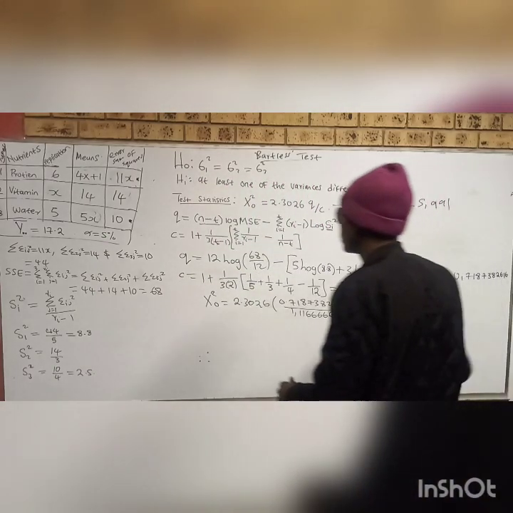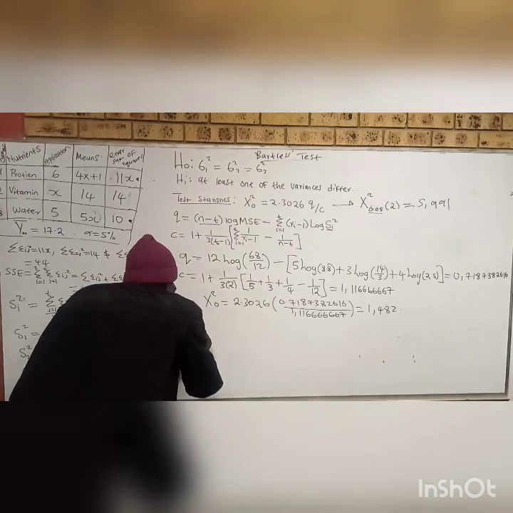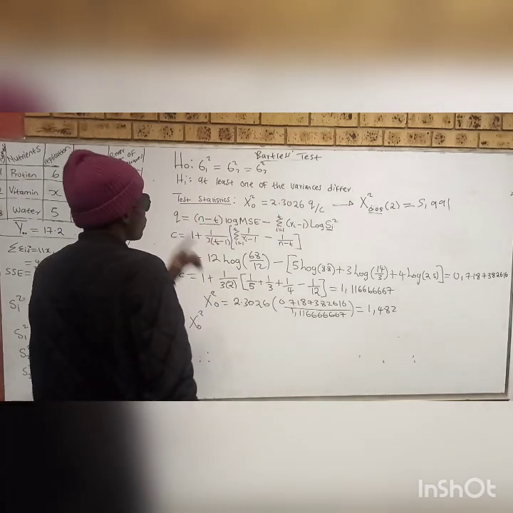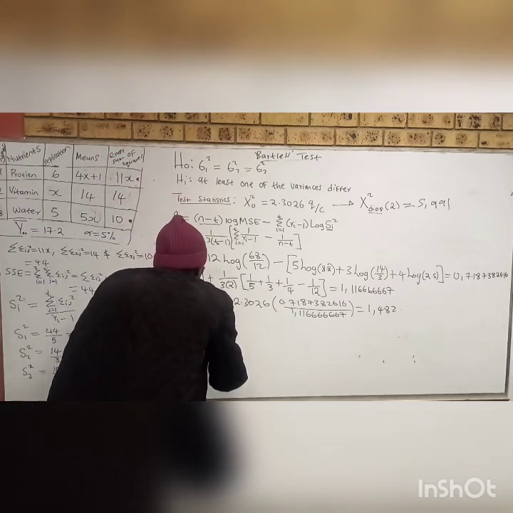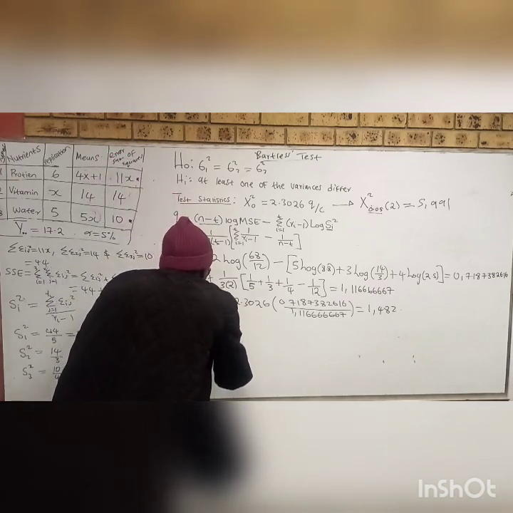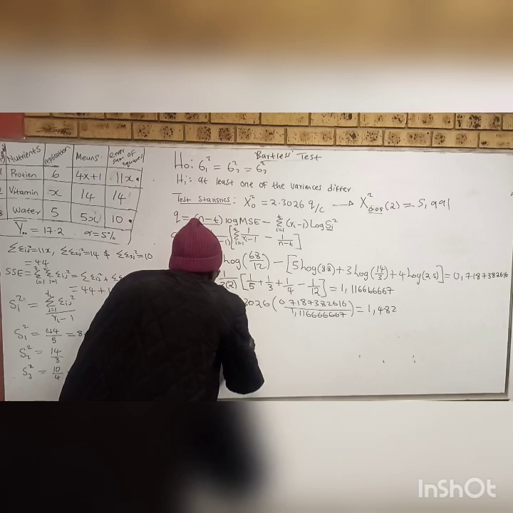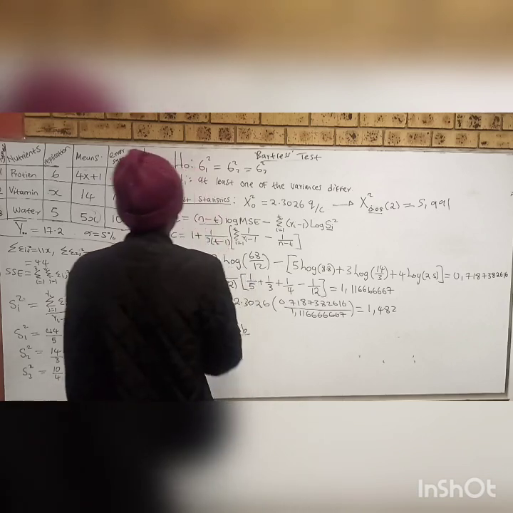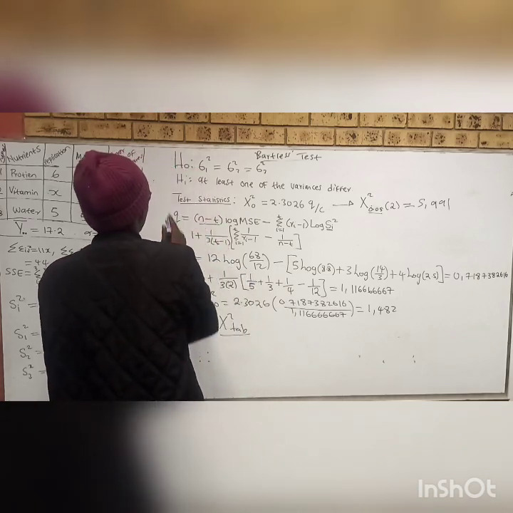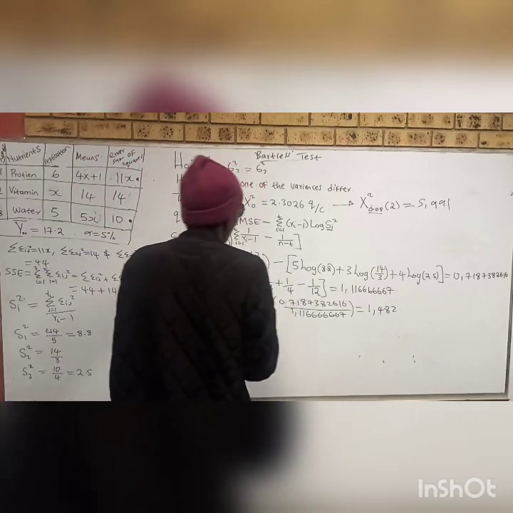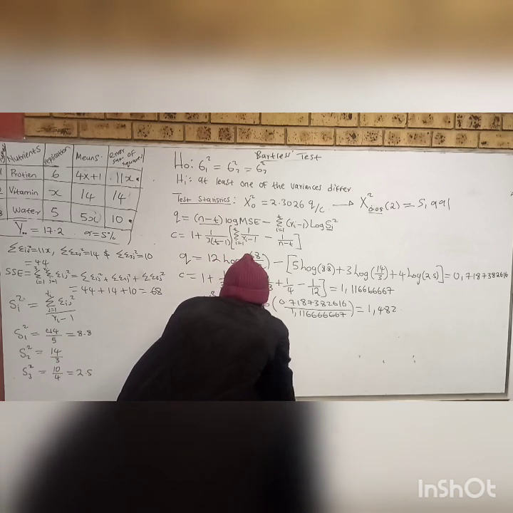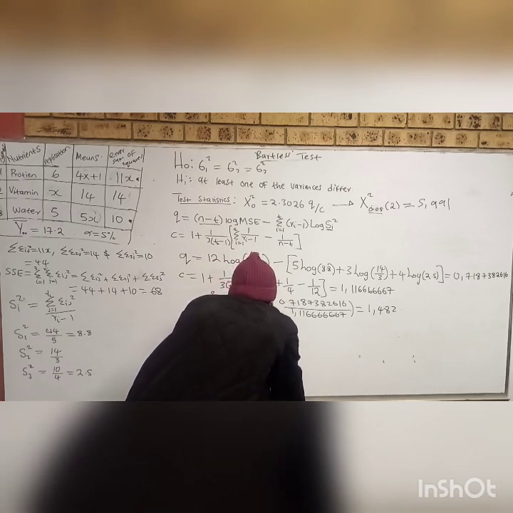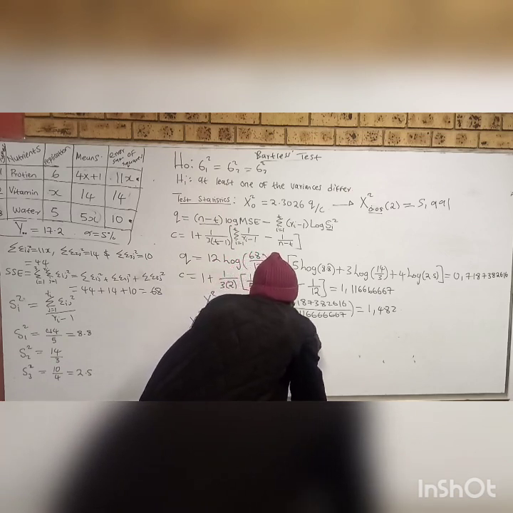I can see that this chi-square calculated is less than the chi-square tabulated. So in this case, I'm going to fail to reject